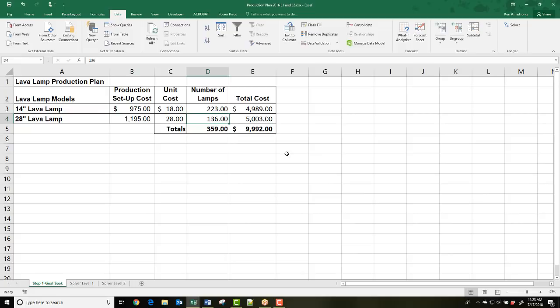GoalSeek is great for optimizing a single variable, but this business problem is much more involved, and even using GoalSeek, we'd have to go through a lot of trial and error to find the optimal combination. This is still a pretty simple problem at this point, and I suppose we could look at it logically now that we've played with it a little bit and see the limiting factor of 150 of the 28-inch models. So let me set the 28-inch model quantity to 150.